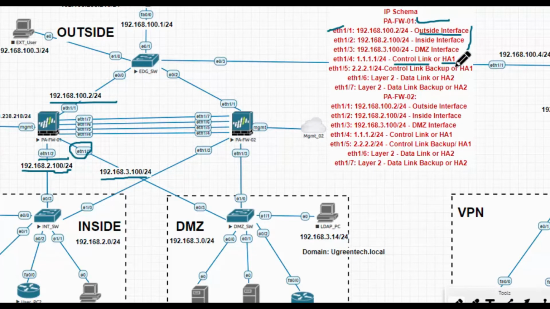If you want to talk about HA, this HA link is used for the exchange of hellos and heartbeats and HA state information, and it is also used for the management plane synchronization for routing and user ID, and it is a layer 3 interface.